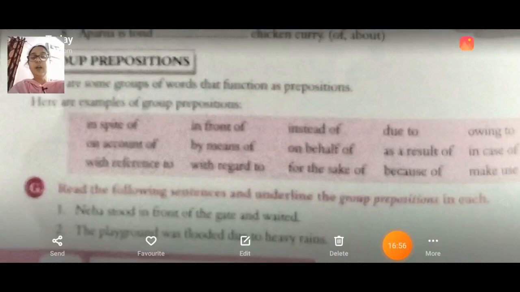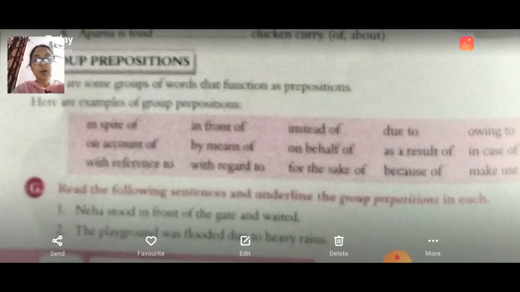So children, now we are going to complete exercise number G. G, group preposition, and there are some groups of words that function as preposition. Here are examples of group preposition: in spite of, in front of, instead of, due to, owing to, and amount